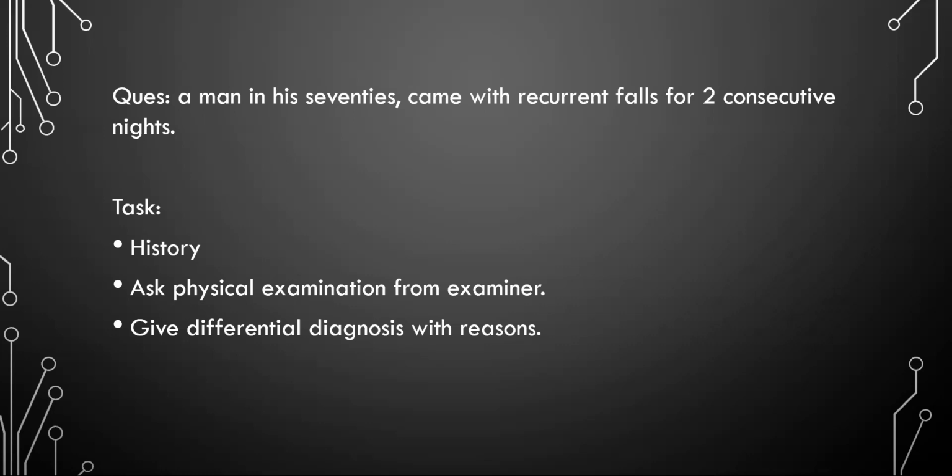Now, when you have an infection, sometimes that can also lead to low blood pressure, especially when you change your position. And also as you are skipping meals at night time, you might be getting a little bit of low sugar at night, which might add to your recurrent fall history that you have given for the last 2 nights. Okay, and then give the differential diagnosis.